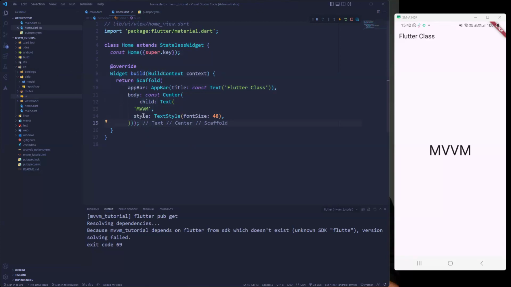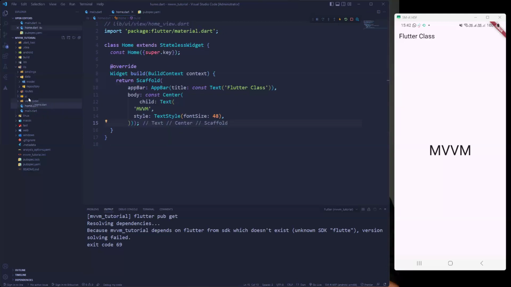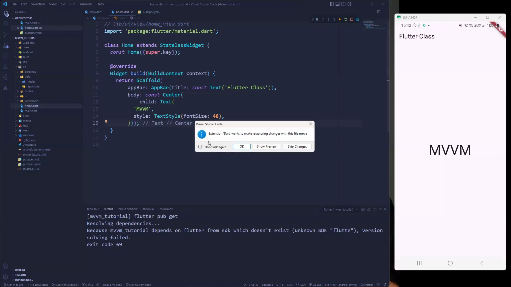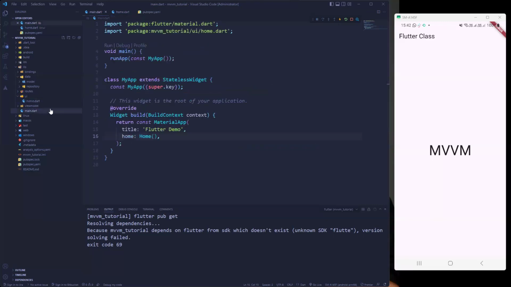So what do we want to do? Okay, where we have our what's it called? I'll go to our main, right? So this is home. I'm just going to move it into the UI, right? We're just going to use one screen, just to display what we need to display. And then in our main.dart, let's just do some